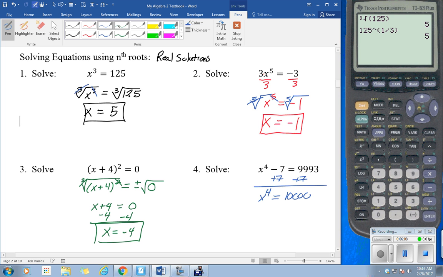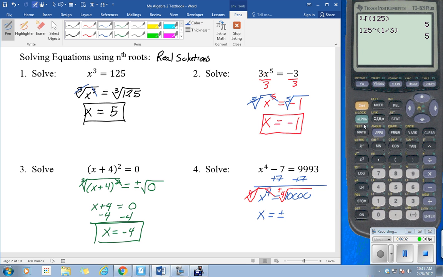So we'll take the appropriate root of both sides, which in this case would be the 4th root. So we're taking an even root. And anytime we take an even root, we got to remember to put that plus or minus sign in there. Okay, 4th root, 4th power just cancel out. We'll bring down the x. Is then equal to plus and minus the 4th root of 10,000, or what number times itself